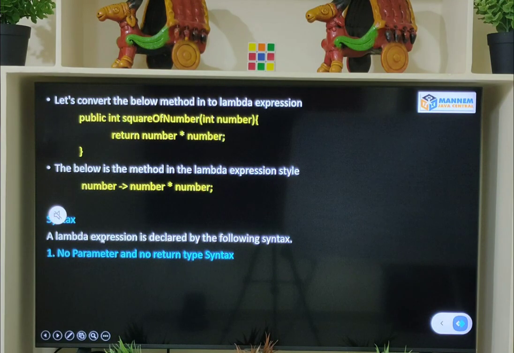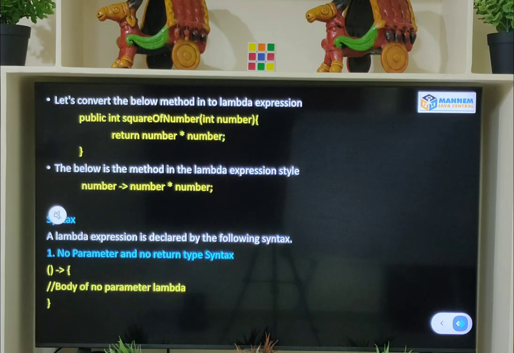Now let's see the syntax of lambda expression. A lambda expression is declared by the following syntax. First syntax is no parameter and no return type. See the code snippet.